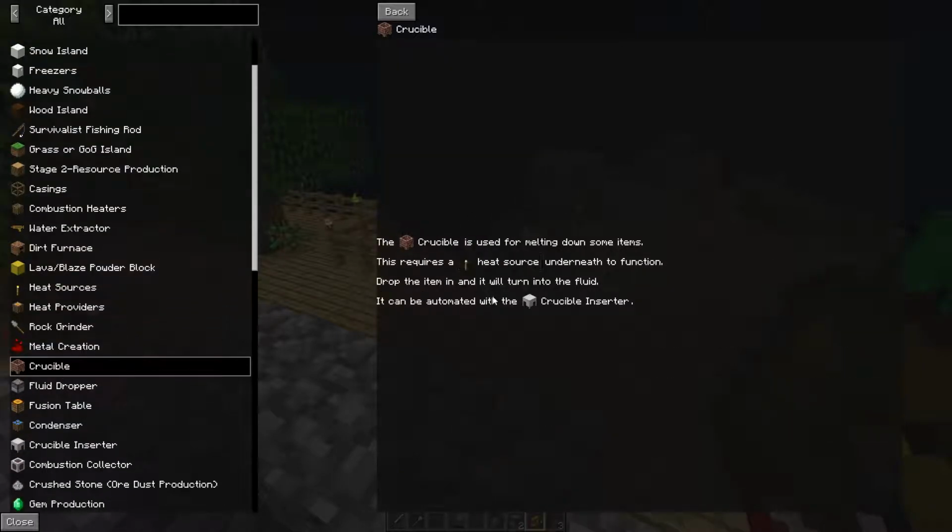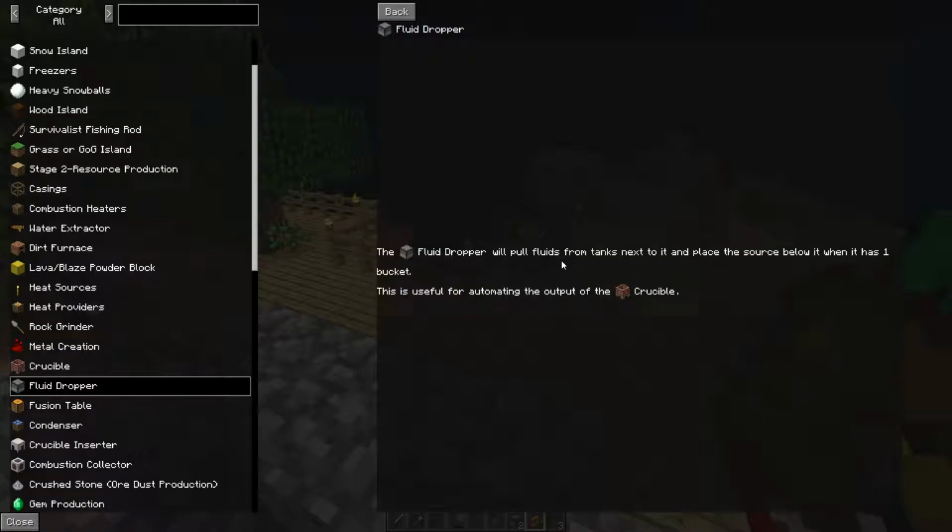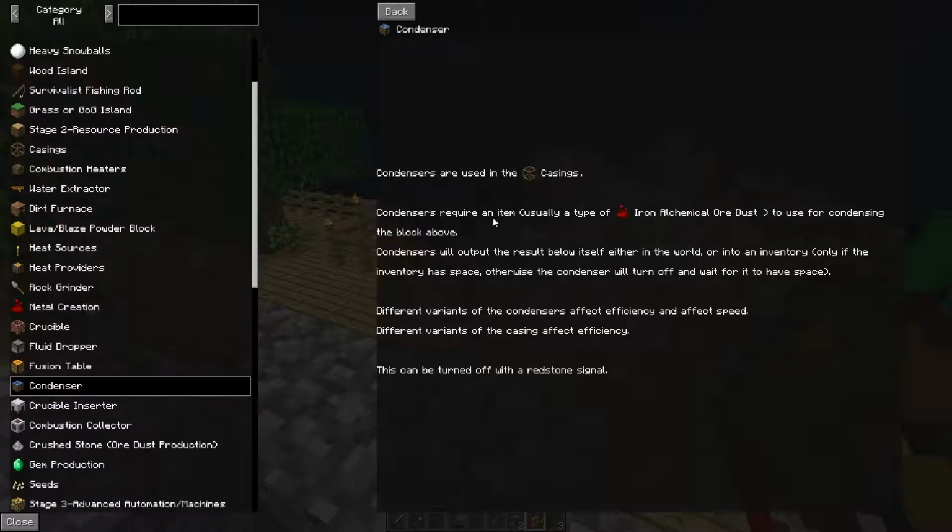So the crucible we use to smelt stuff, which is fine. Then the fluid dropper will pull fluids from tanks next to it and place the source below it when it has 1 bucket. This is useful for automating the output of the crucible. Fusion table, condenser. Condensers are used in the casings. Condensers require an item, usually a type of alchemical ore dust. Condensers will output the result below itself, either into the world or into an inventory, only if the inventory has space. Otherwise, the condenser will turn off and wait for it to have space. Different variants, and so on. Okay, so